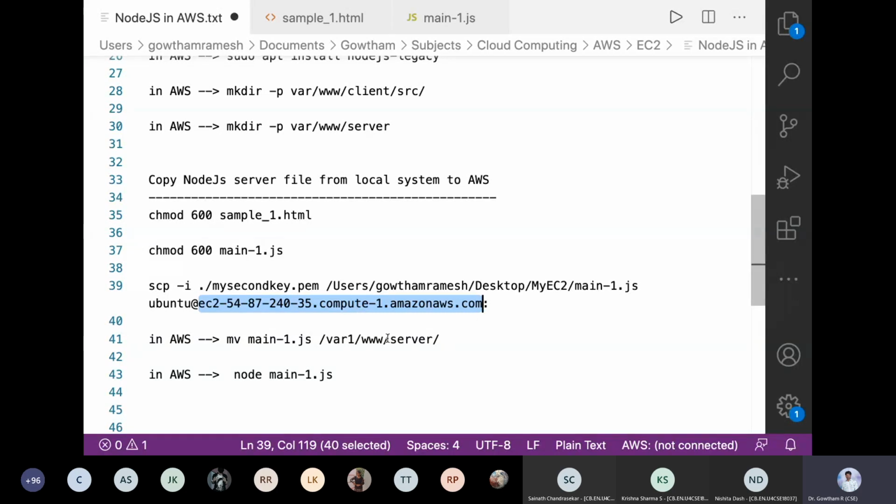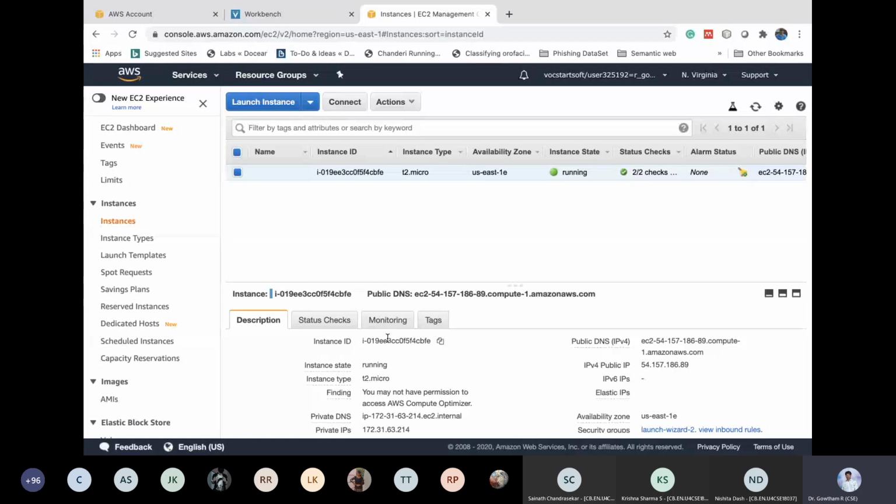Go back to the EC2 console. If you look at the EC2 console, under the description tab, there is an option called public DNS IPv4.